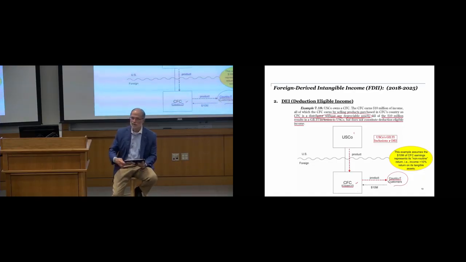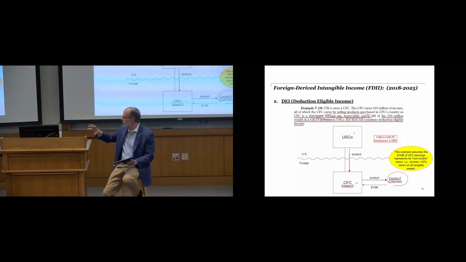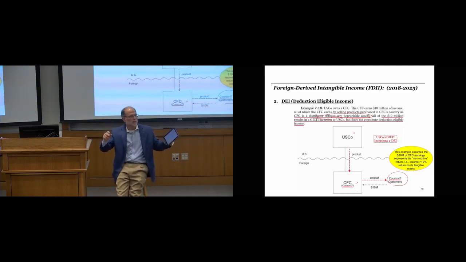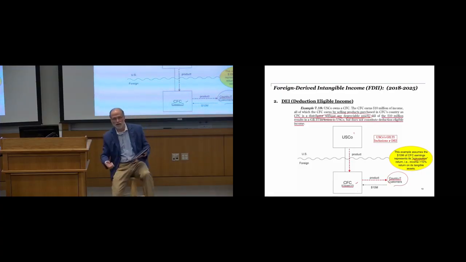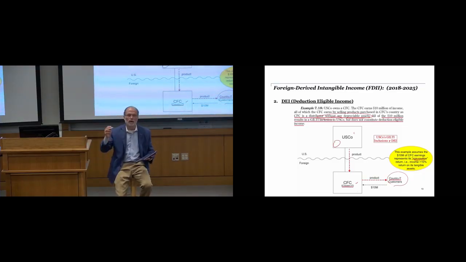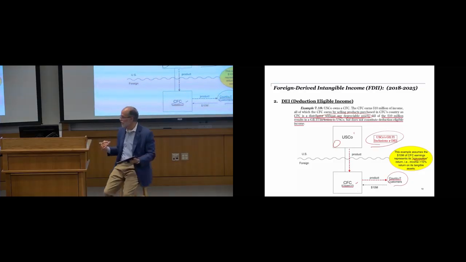So remember, GILTI was focused on intangible income. If you don't have any tangible assets, all of your income is deemed to be intangible, and so that would be currently included in the United States. It effectively is non-routine earnings because you didn't have any tangible assets in the country. So all of that would be included in the tax return of USCO as GILTI, but pull that out of all that income when we do our DEI